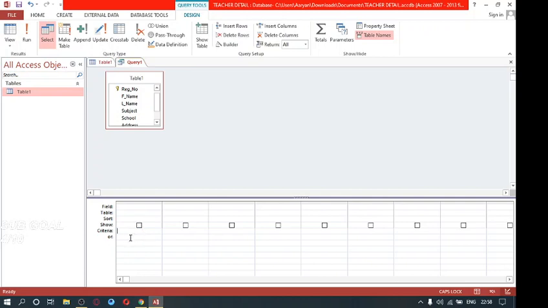Criteria is your condition. The criteria contains the condition on the basis of which the records will be filtered in the query output. So if you apply the criteria, we are giving a condition, and on that the query is being run. Last is the OR field. OR field means to run the query in multiple criteria. See, in a single criteria, we are just giving one. But if you are using OR also, then you are using multiple criteria.